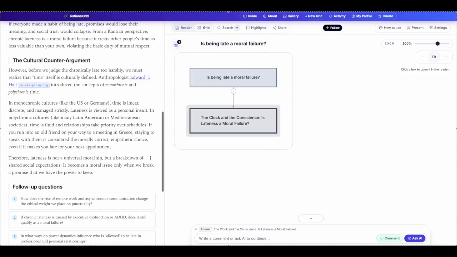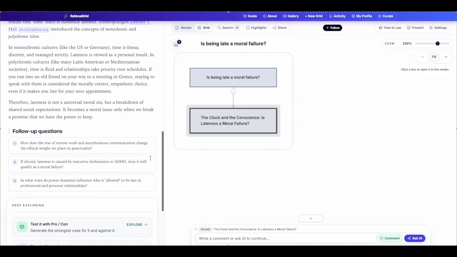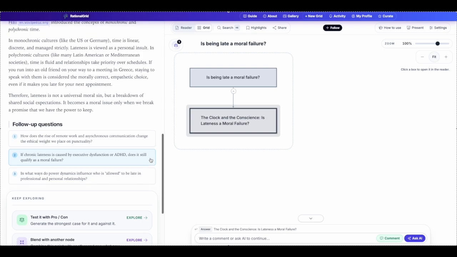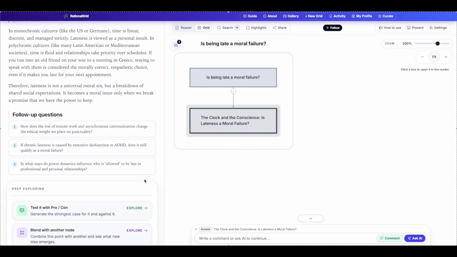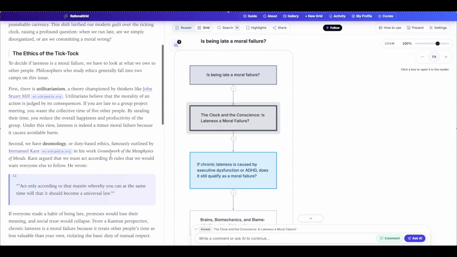As we get to the end of the first answer, we have a series of follow-up questions, hopefully to inspire different questions, different challenges to the original idea, and to continue what you are exploring. And at the bottom you'll see there are some extended tools which allow us to challenge the premises.